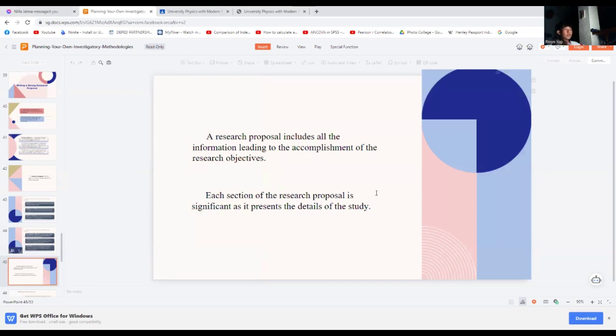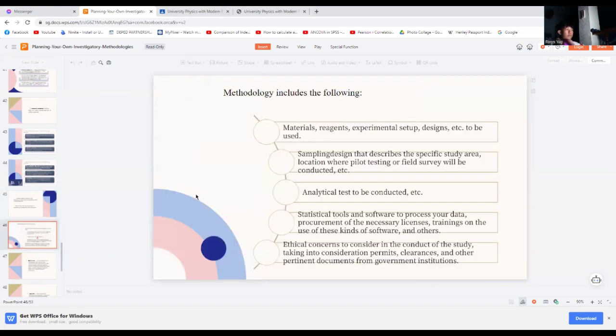A research proposal includes all the information leading to accomplishment of the research objectives. It checks out if the research proposal is within contribution in the study. So, methodology includes the following: material, reagents, experimental setup, design, etc. to be used. Sampling design that describes a specific study area, location where pilot testing or field survey will be